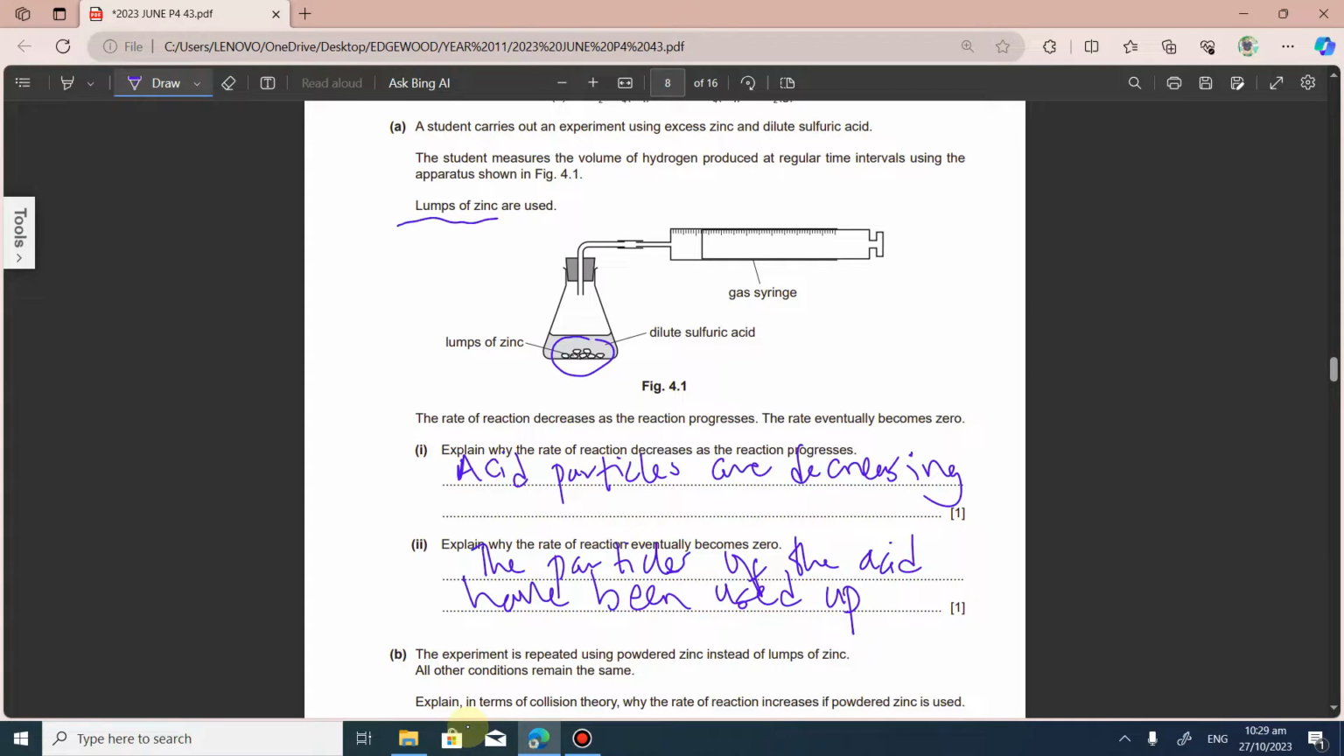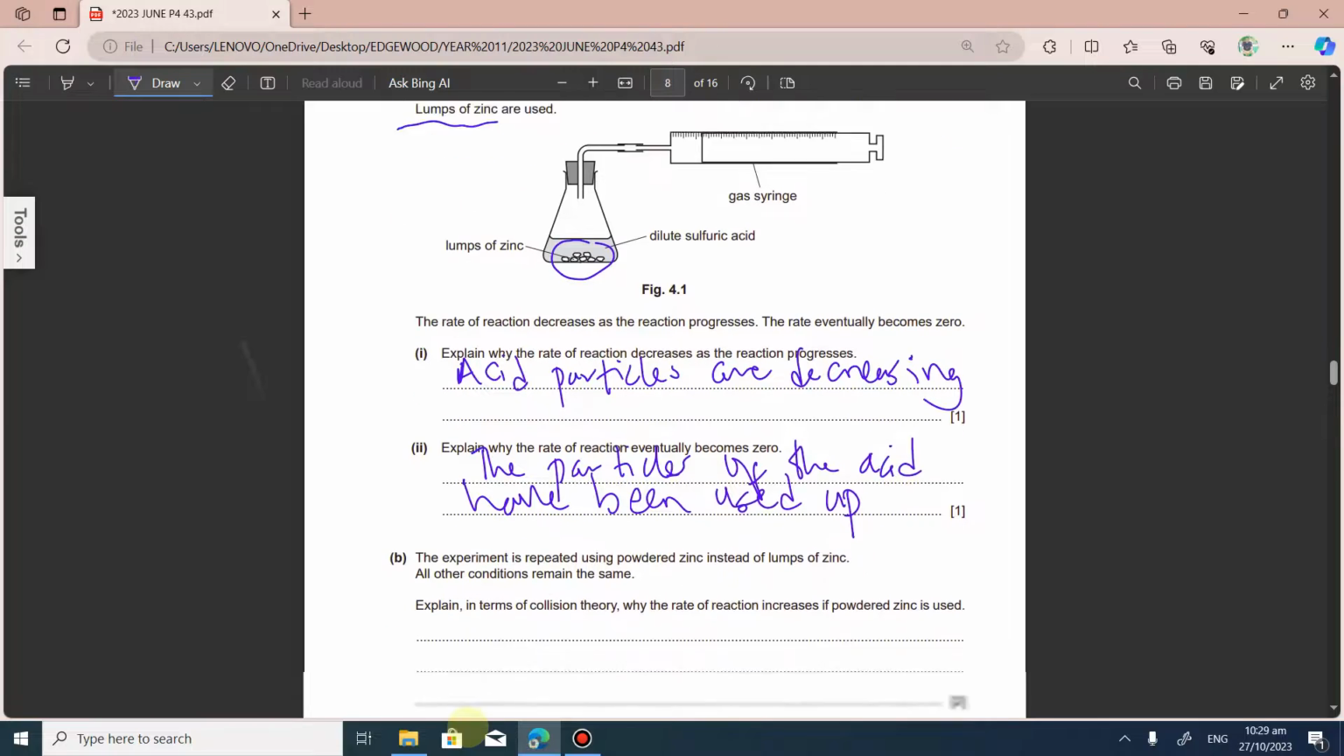Okay, so this is the reason why the rate of reaction eventually becomes 0, because there are no particles to collide any longer. When there are no particles to collide, the rate of reaction becomes 0. And for the first question, like we mentioned, why the rate of reaction decreases as the reaction progresses is simply that the particles of the acid are decreased. And the frequency of collisions has also decreased because there are no longer enough particles to collide